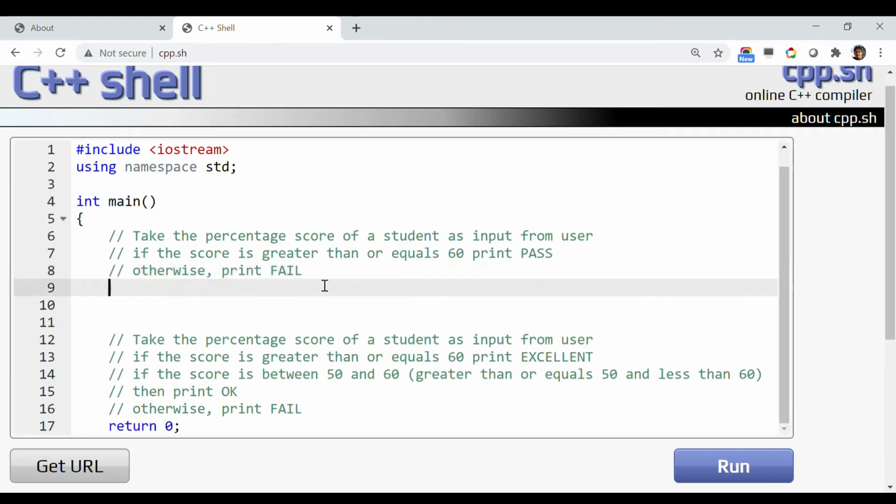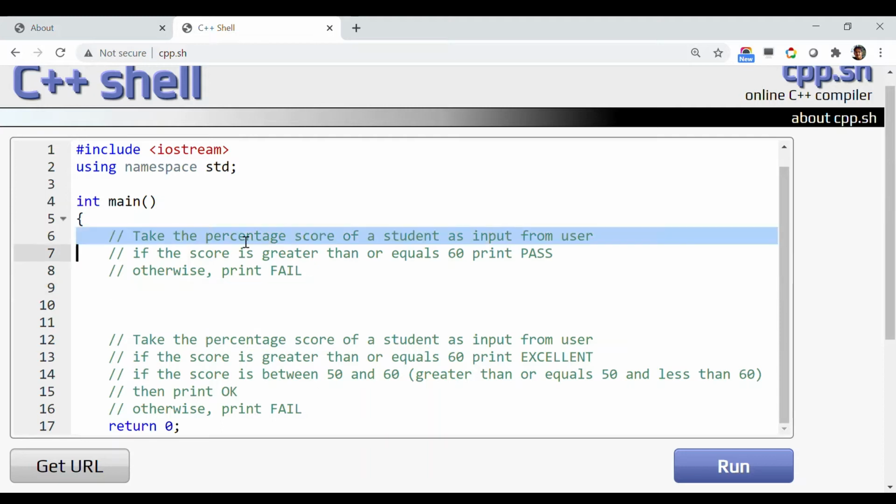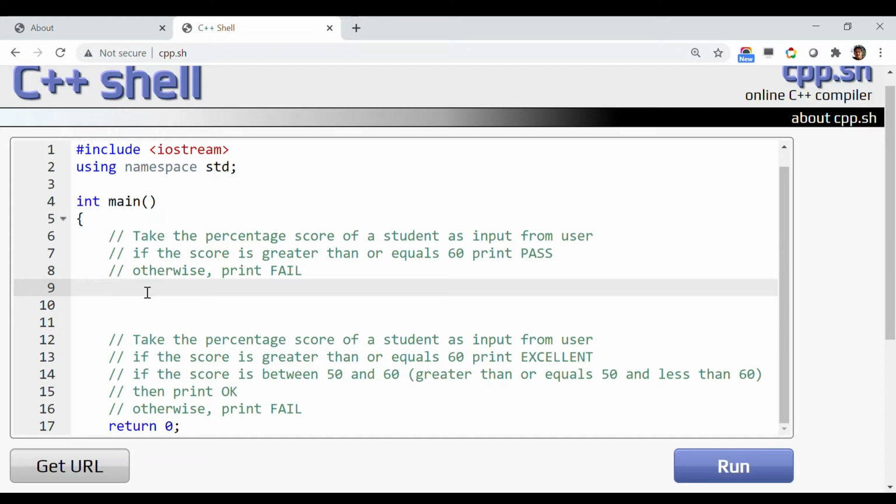So how can I write this program? First, take the percentage score of the student as an input from the user. So let us do that. Cout, enter the percentage score of the student,